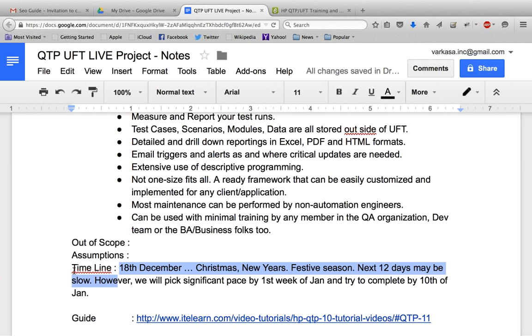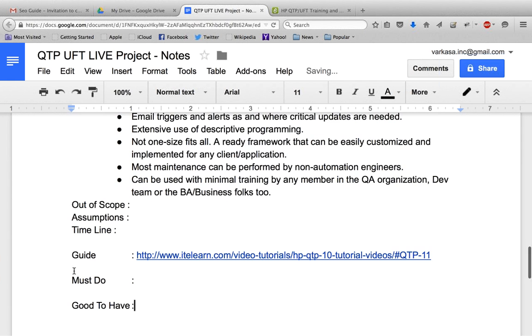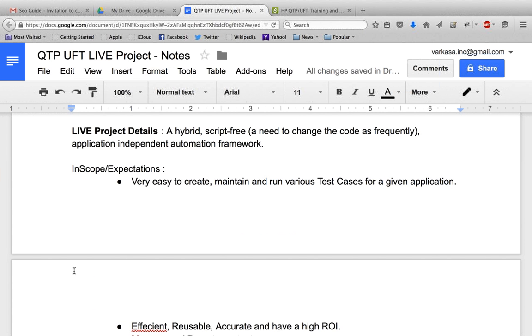Now, even the timeline, I'm going to mention it to you once I get there. What is the application under test also? Once we start the first session, first day, we will give you an application walkthrough. We will build a high level test automation plan for you, very high level, just very simple steps of what we expect from it, what's in scope, and so on. This we will do in the next session when we start our first session for the live project. This is the orientation, which is giving you some kind of an